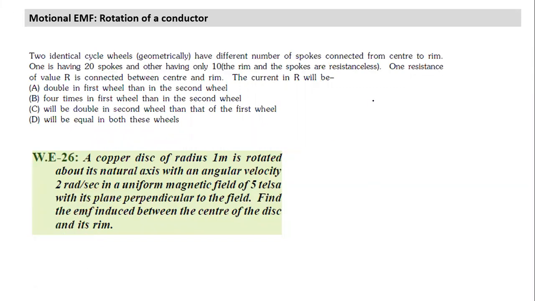You have a cycle wheel. Okay, so let me draw a circle. You have a cycle wheel, and there's a metal rim. These are spokes, and this is the rim. Let's assume both are conductors. We have put the cycle on the stand, and it started rotating. You remove the tube, whatever.